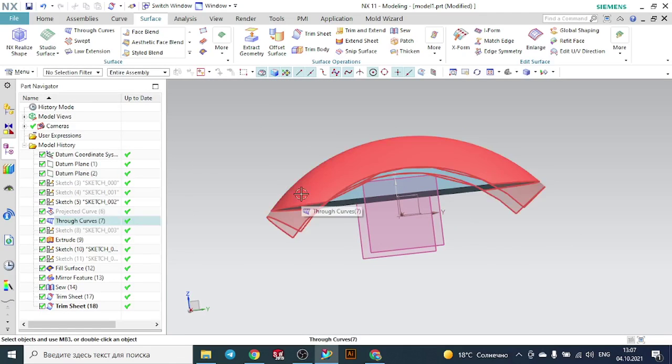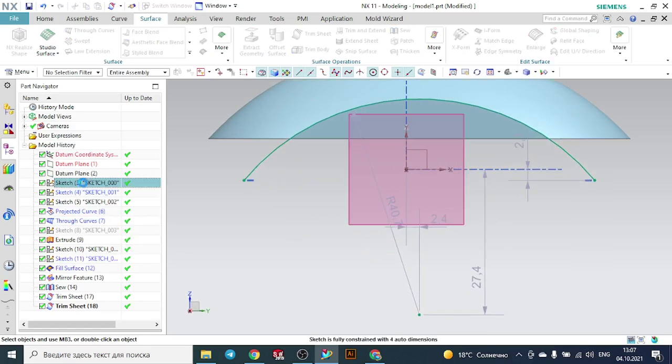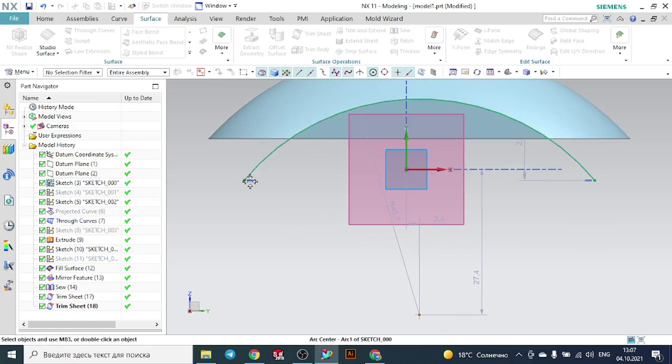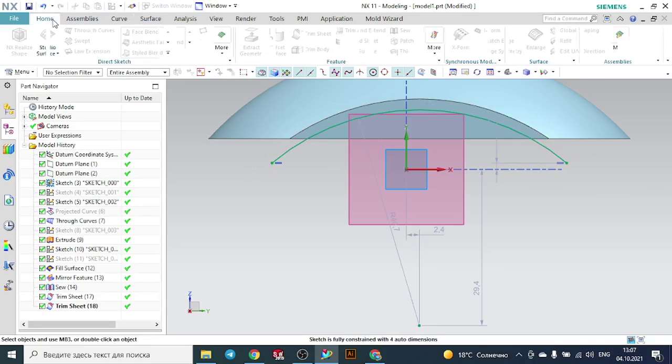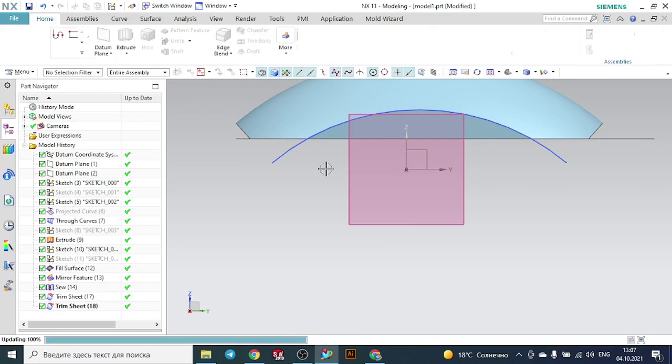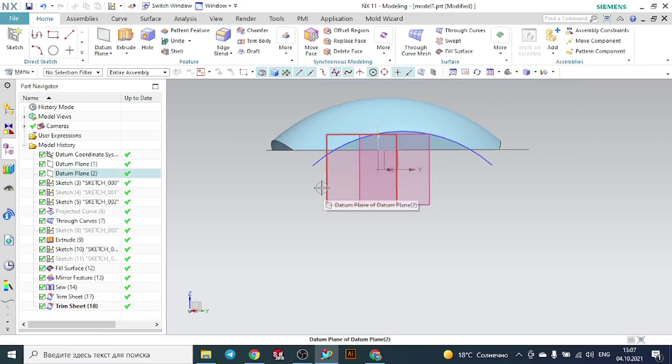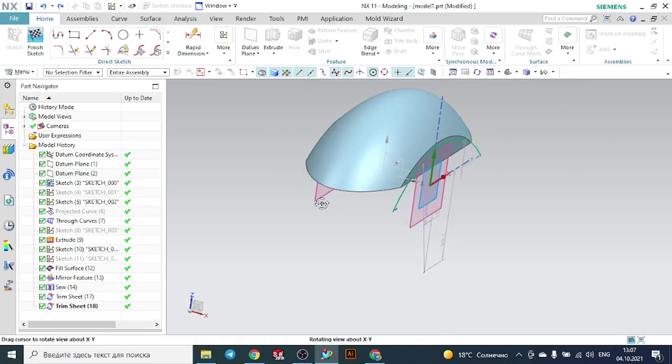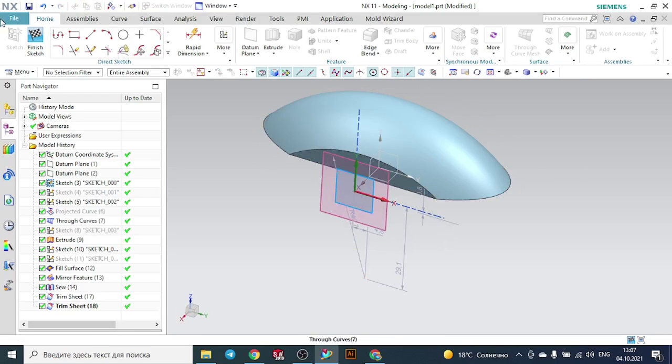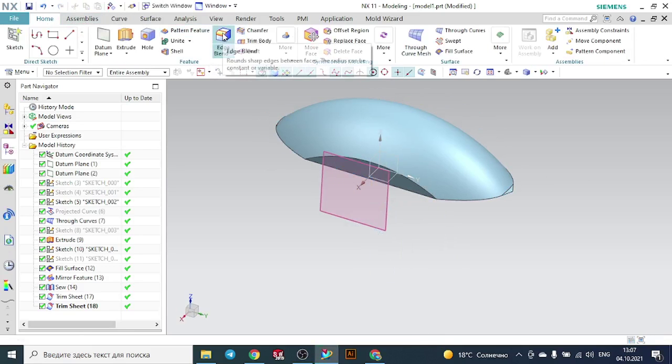If it does not look so much like one, we can go here and change the values a little bit. Go home and finish it. Now let me, okay. So let me hide this one. Now go home and go with finish, and we can make the edge blend